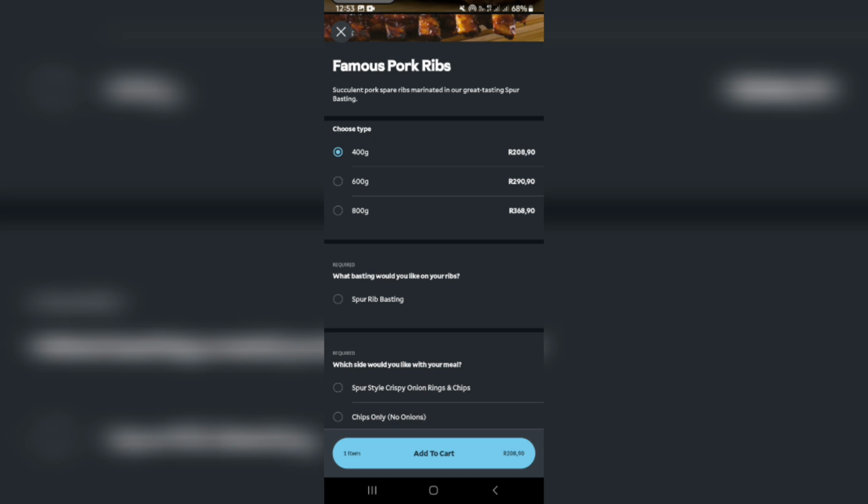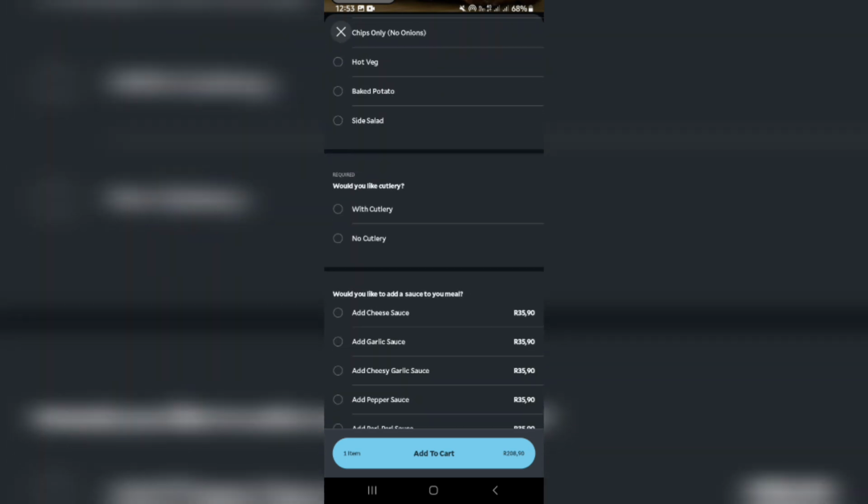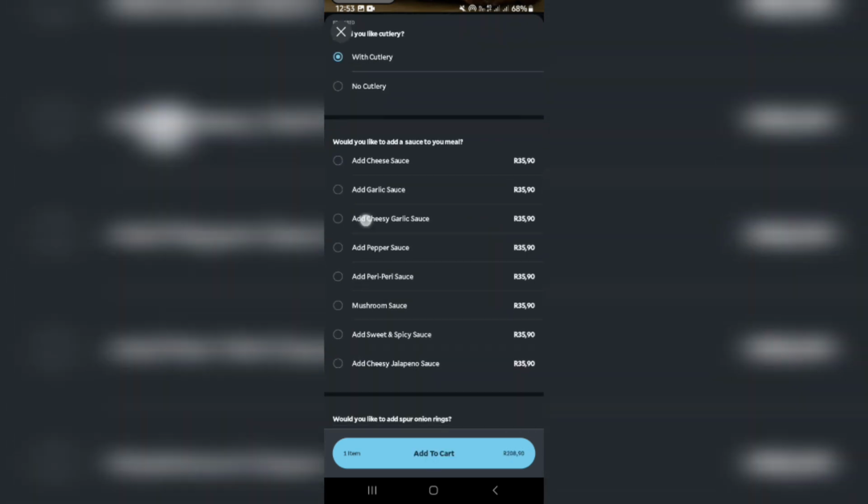And then it also asks what basting you'd like on the ribs. Again, I want to state that each individual product is going to be different. Of course, when you're ordering a steak, you're going to have the option to choose how you want your steak done. There are also side orders, so you can choose a side order over here, with cutlery or without cutlery,